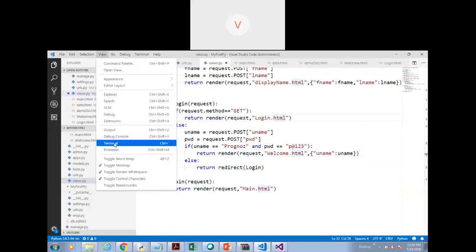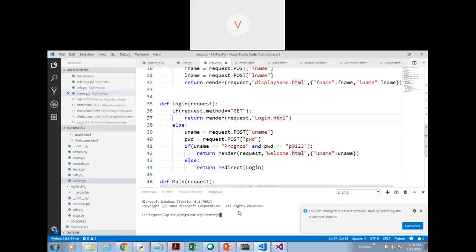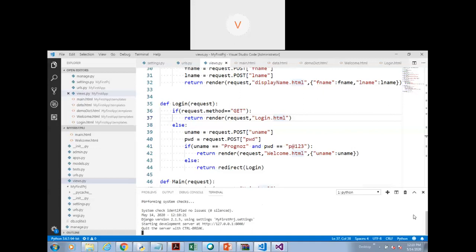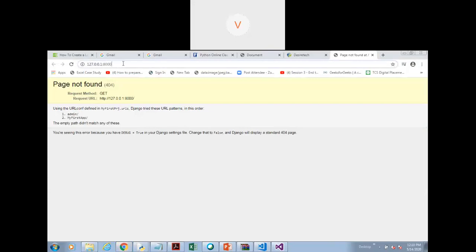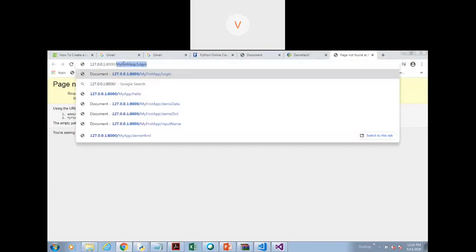So let me run this page. So let's open the terminal. Python manage.py runserver.